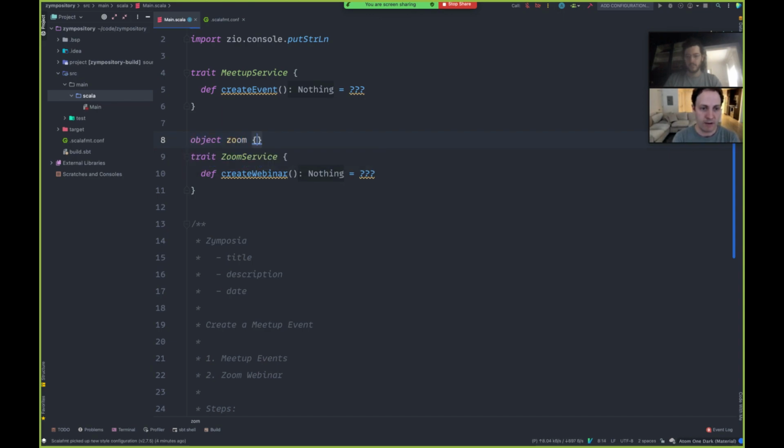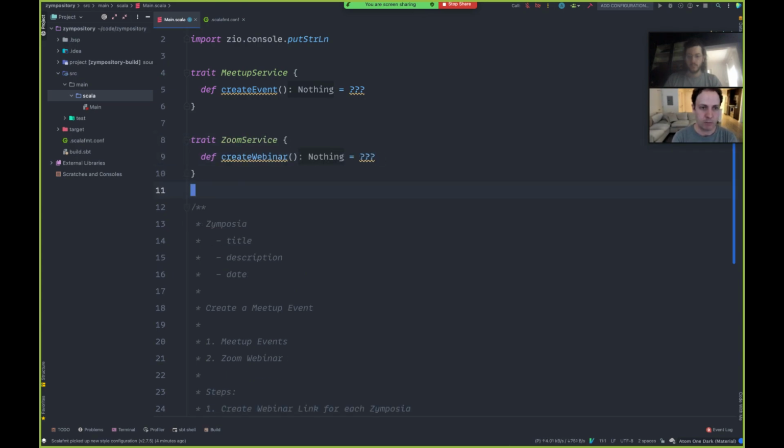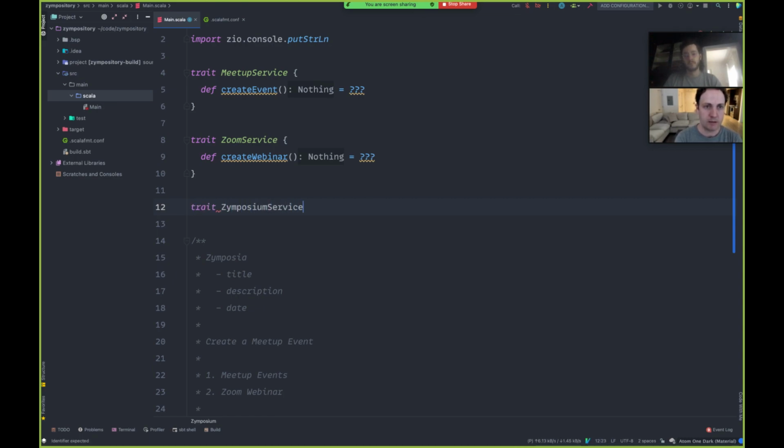And then I think we'd have a third. It could just be the main of our app, but I think it might be a little more extensible if we had a Symposia service that would ultimately depend, at least its live implementation, on the Meetup service and the Zoom service. We would give it the information we wanted for this thing, and at least as we currently architected, it would handle calling the Meetup service and then the Zoom service.